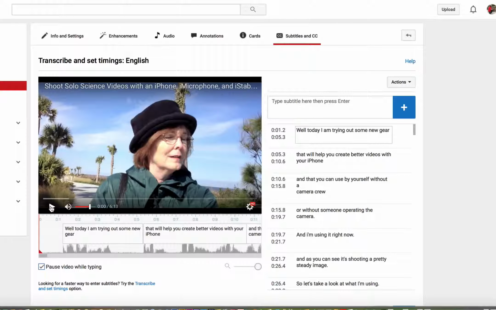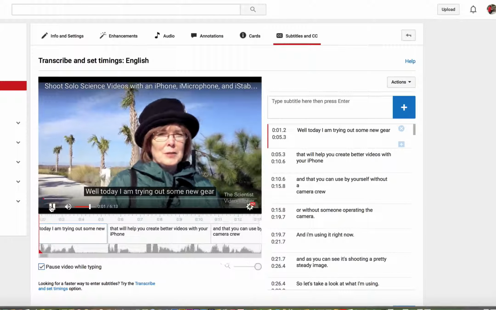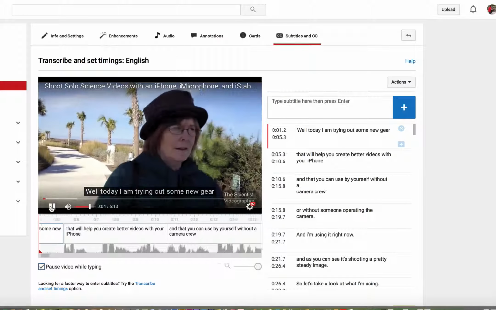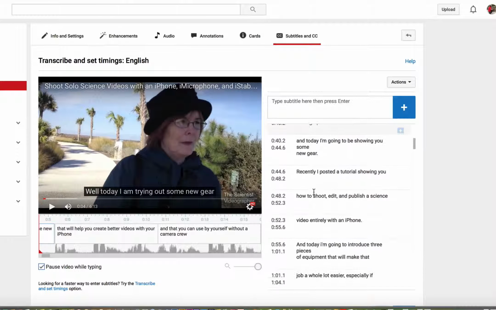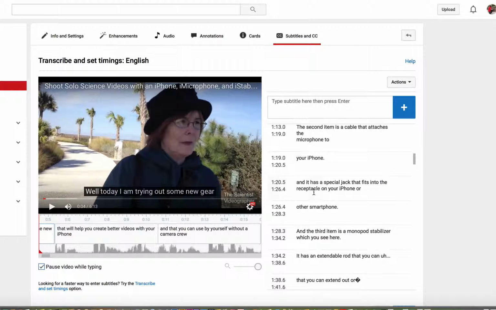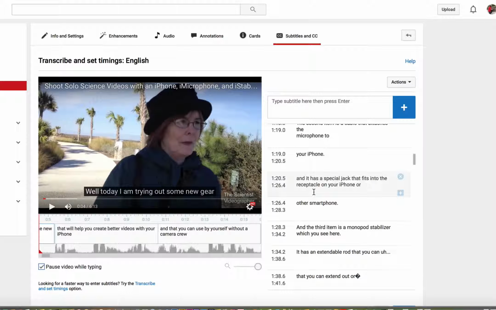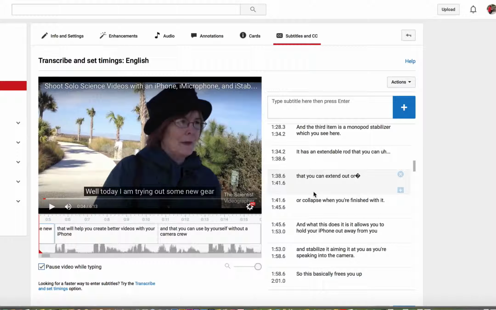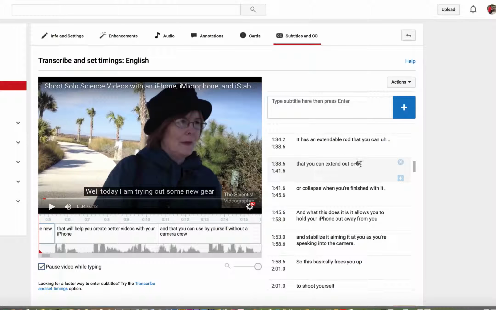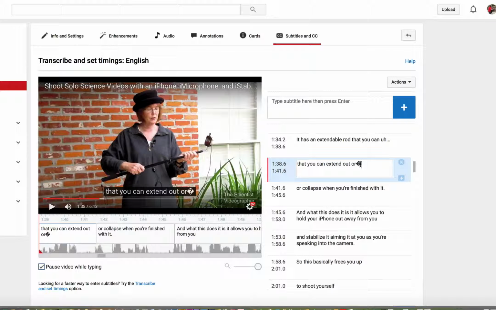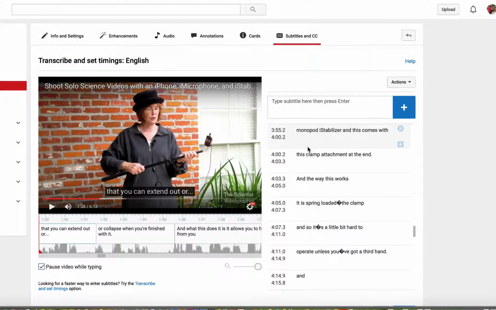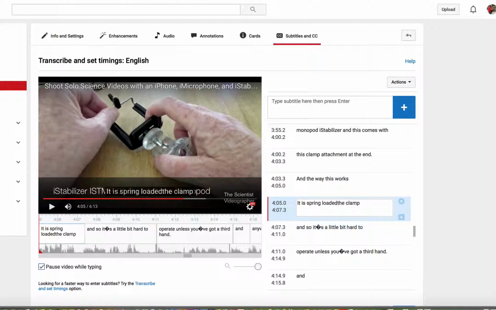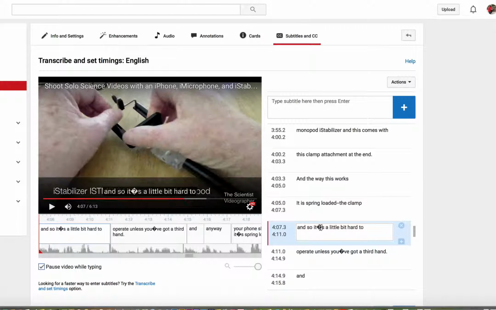Now you want to play the audio and check the text timings and make any additional corrections. There will be places where the program could not translate something and there will appear a question mark. You'll need to go through and make those corrections wherever there's a question mark. So here's one. We'll correct it. Apostrophes for some reason don't translate well, and here are some more. Here's an apostrophe.